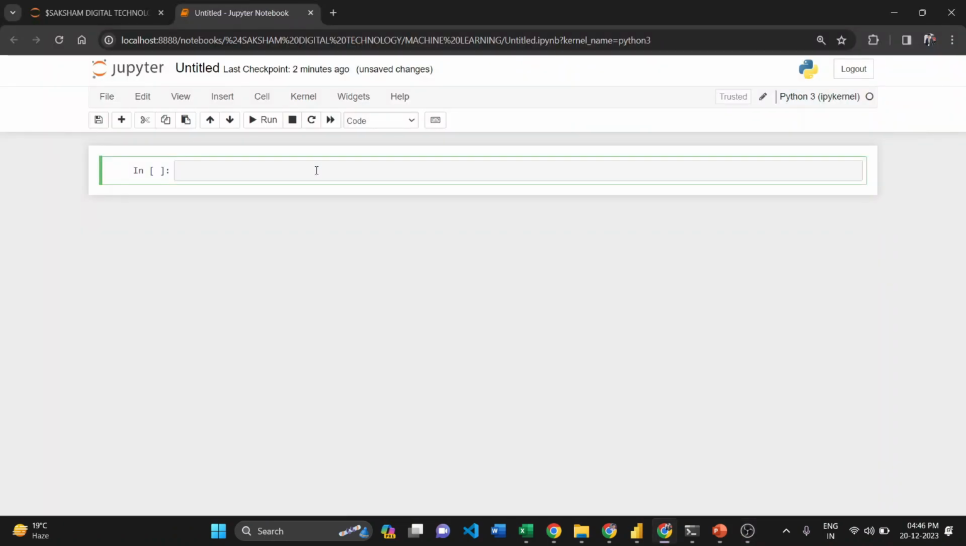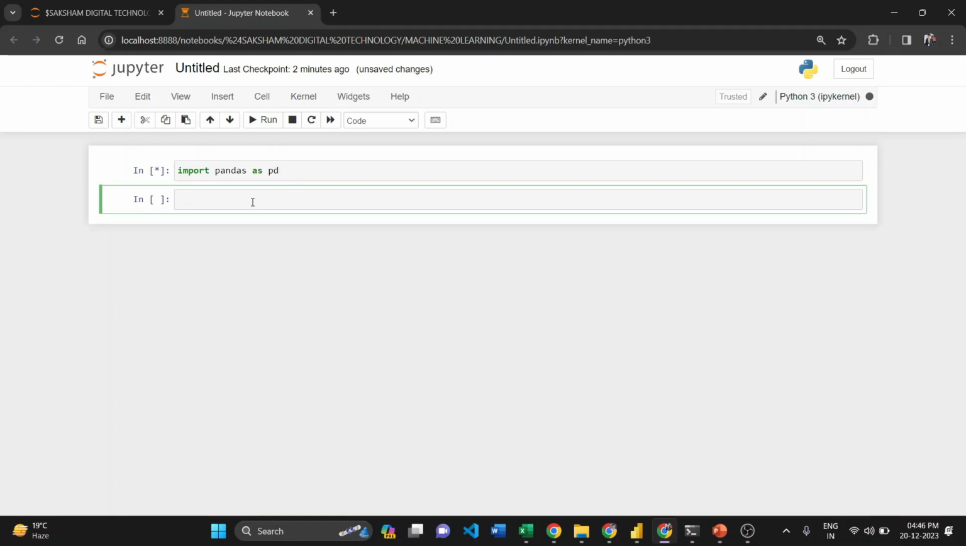So we are reading the data. For that we first import our necessary libraries: import pandas as pd. This is our data library for reading the data, exploratory data analysis, and applying functions. Then we read our data: df equal to pd dot read underscore csv, and our data name is